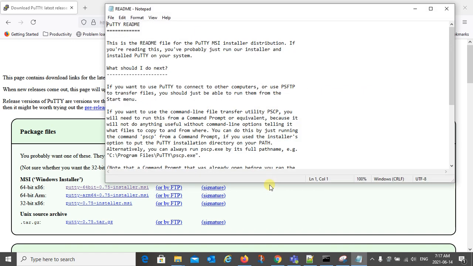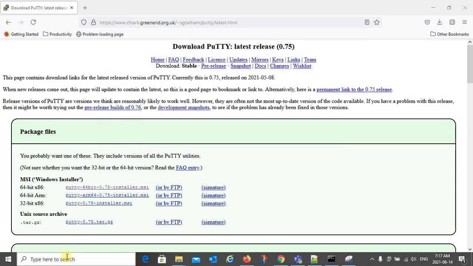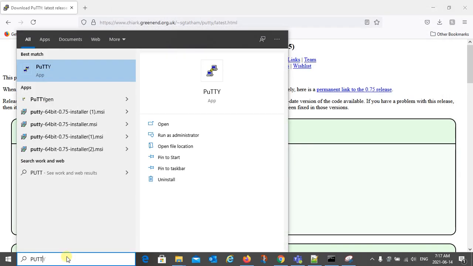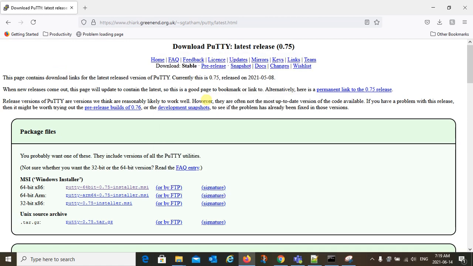Very good, finish. This is just a small readme if you are interested. I don't care about that, so go to PuTTY and right here you see PuTTY, right? Congratulations on installing PuTTY. One step done.